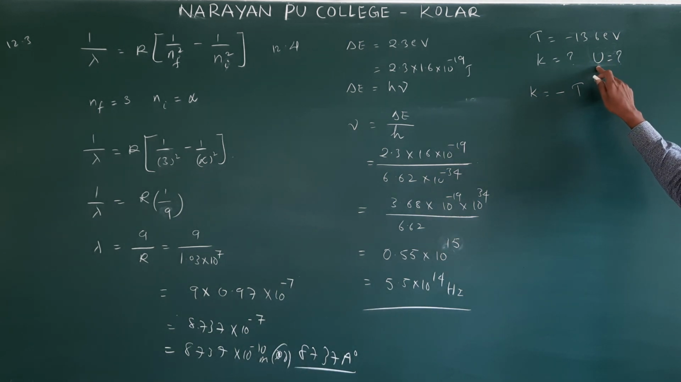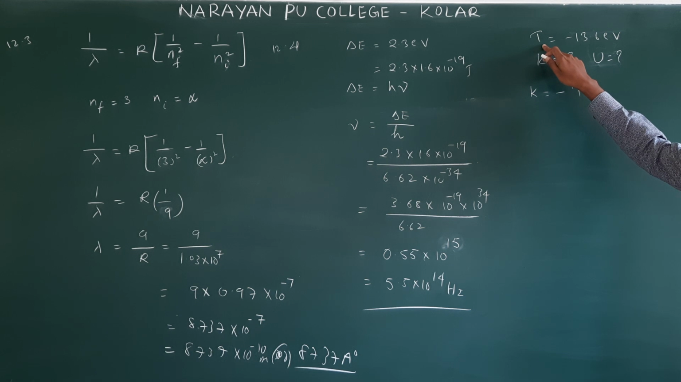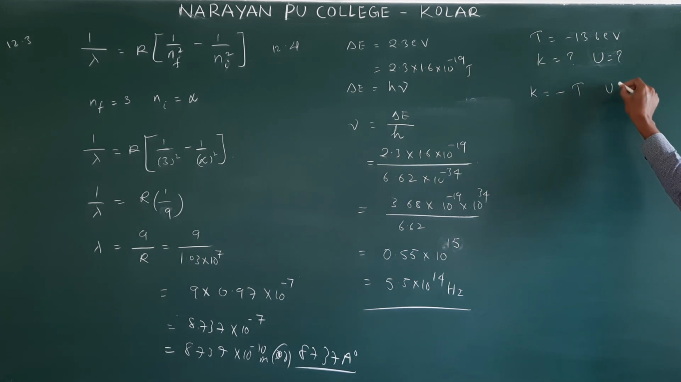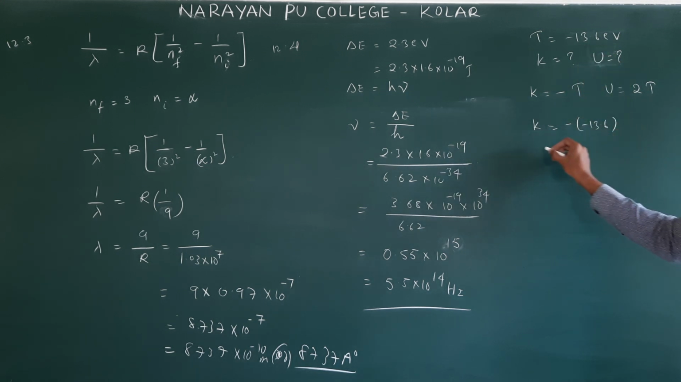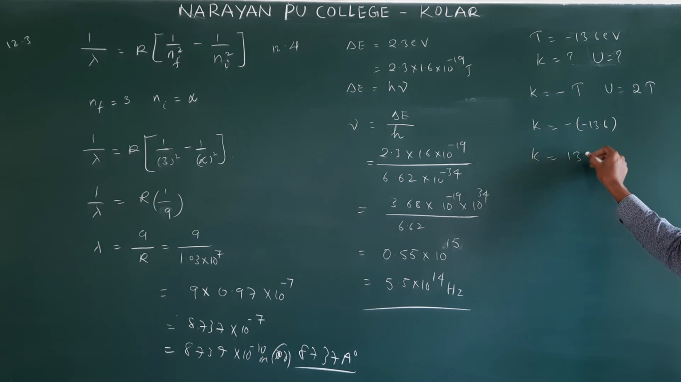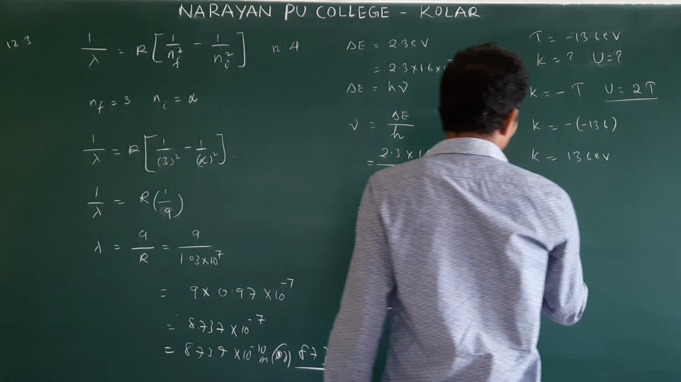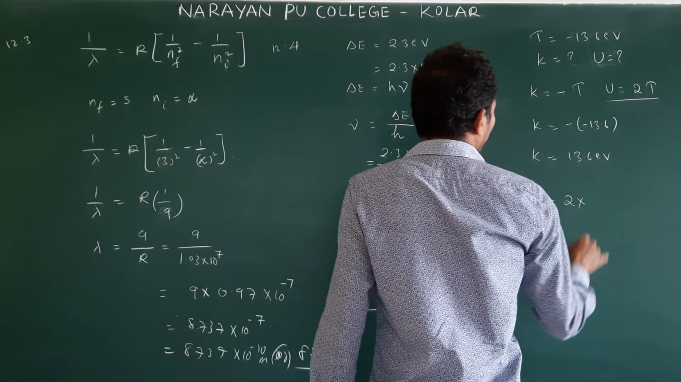Then potential energy is two times the total energy. Am I correct or not? So U we write as 2 into T. Now write K is equal to minus T, which is minus of minus 13.6. So K is equal to 13.6 eV. Next, potential energy is 2T, U is equal to 2 into